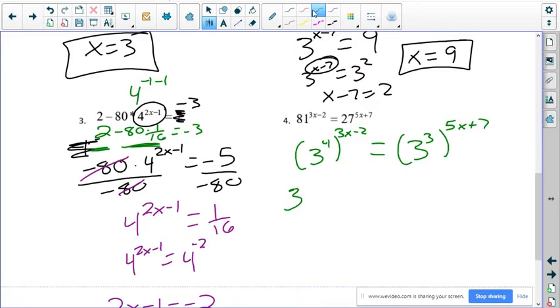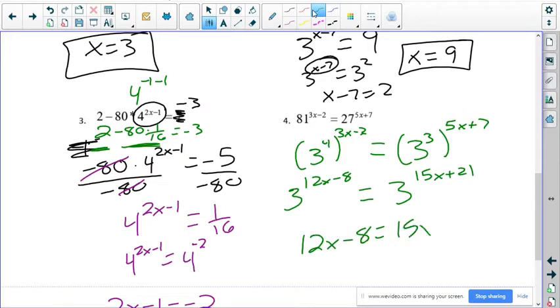So it's 4 times the 3x minus 2, or 12x minus 8. And over here, we have an exponent of 3 times the 5x plus 7, or 15x plus 21. Well, since the bases are exactly the same, we know that these values would be the same if their exponents were the same. So you had 12x minus 8 equals 15x plus 21, and